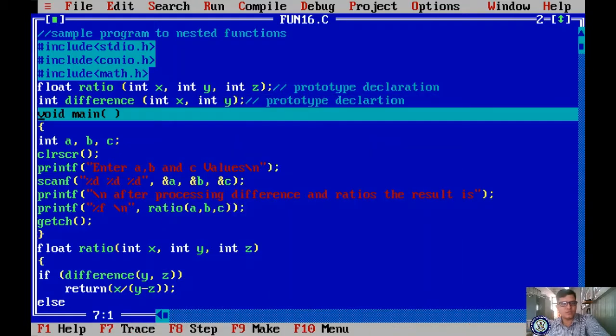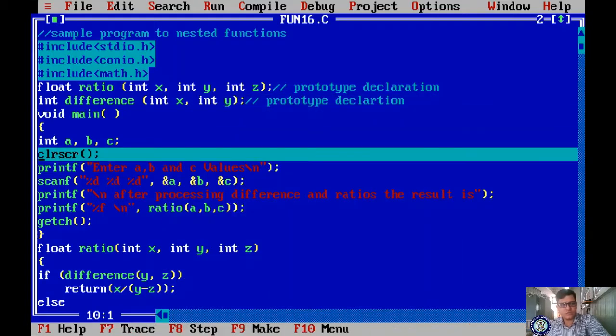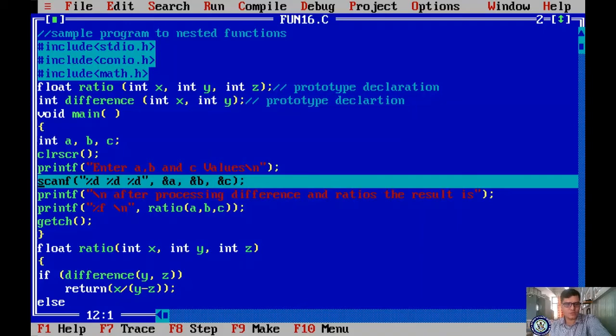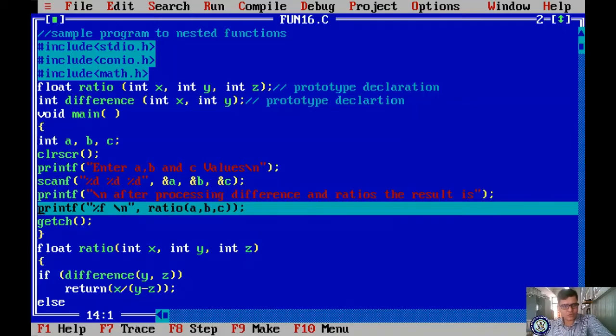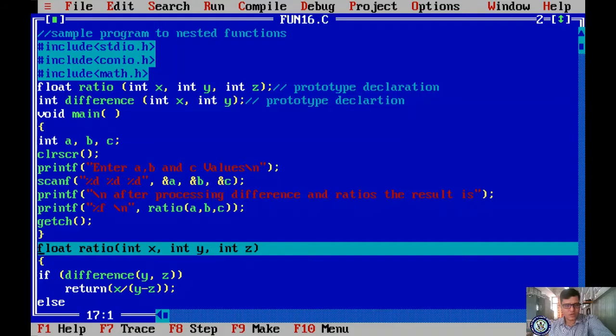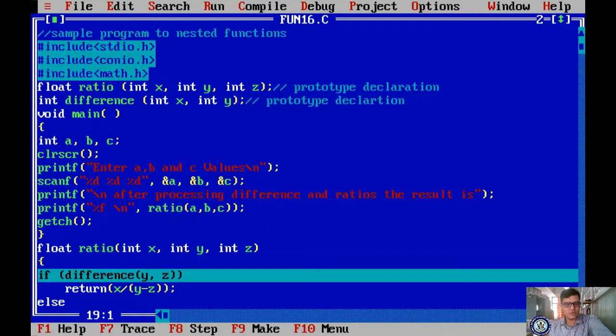So let us see here. It starts with the main function, 3 variables. You are entering 3 values. Now it is asking for that. I am entering 12, 2, 3. Now it will give 0. Now it makes it 8. It will give a negative, no problem. F7. So processing the result, you are calling. Once it comes here, it will process the 3 different values 12, 2, 8, right? So a, b, difference. Once again you are calling this difference function.